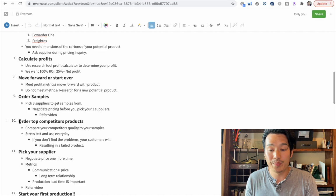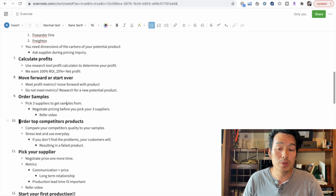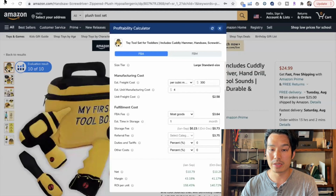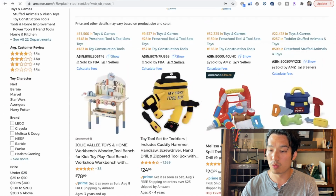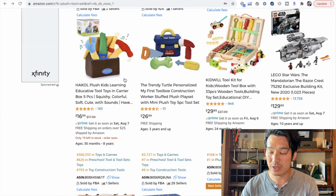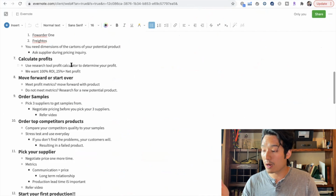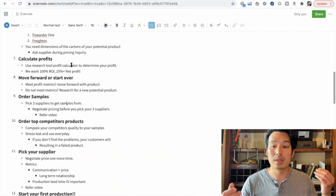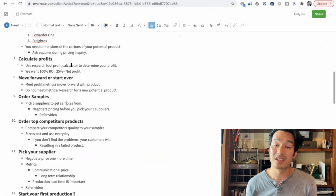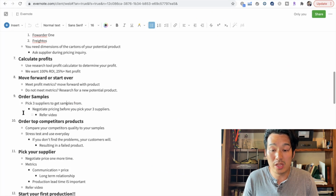And step 10, so while you are ordering your samples, you want to order your top competitors' products. So if these were my top competitors here, if these were your top competitors, I would order all 3 of these, and I would probably order these 2 too, because you want to be able to compare your potential product with your top competitor's product, because if your product is bad compared to your competitors, you're not going to do good, right? So that's what you want to do, is compare it, and you want to stress test